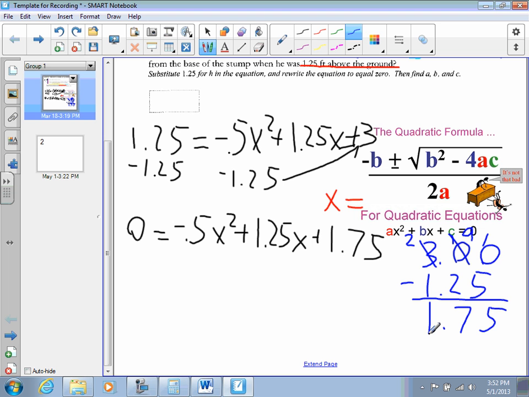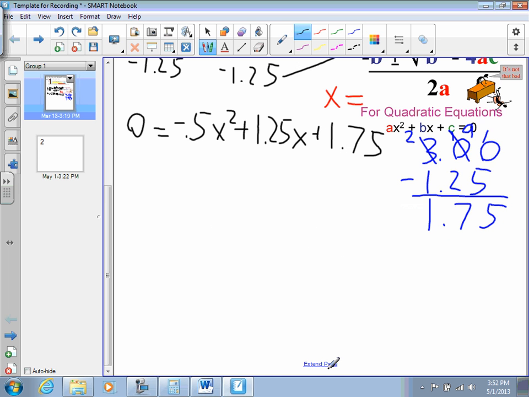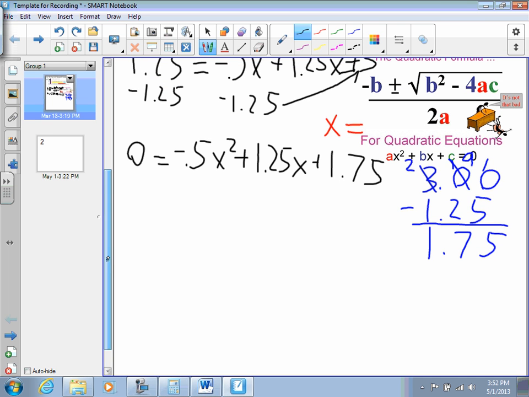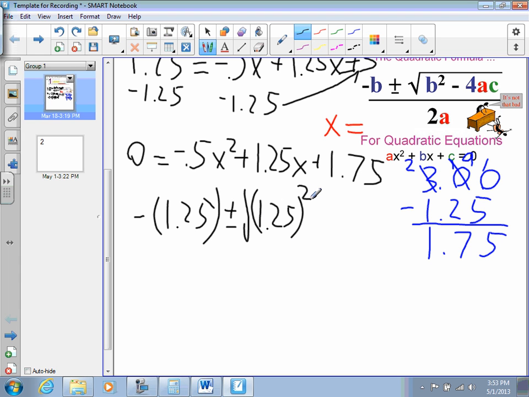Okay, so now we can see it, we need to put this into the quadratic formula. I've got an A, a B, and a C to put in. So, minus 1.25 plus or minus the square root of 1.25 squared